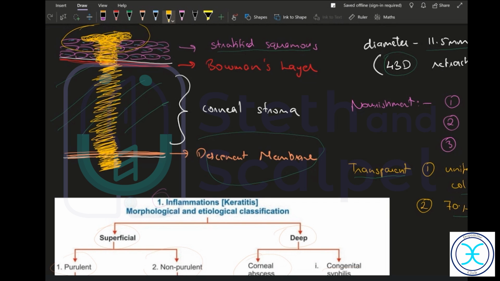Which nerve is responsible for the sensation of the eye on the whole? Fifth cranial nerve, ophthalmic division, V1. Exactly. So the trigeminal nerve is the sensory part of the eye. The motor part is mainly by the oculomotor nerve, trochlear, and abducens: 3, 4, 6. These are all the motor supply of the eye. So we are checking for that. Okay, move on. What else will you check in the cornea?